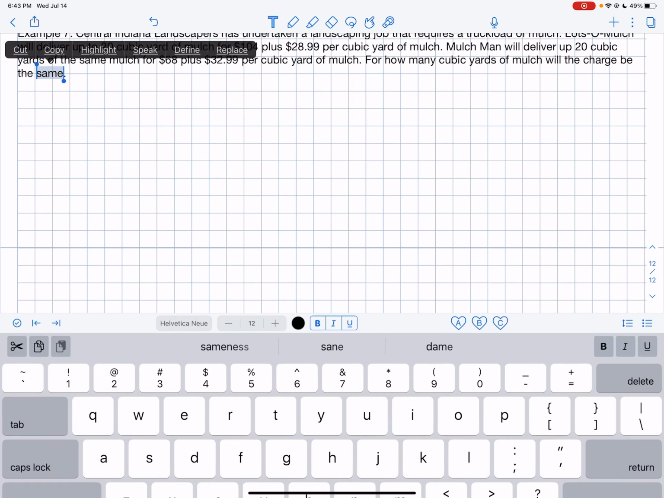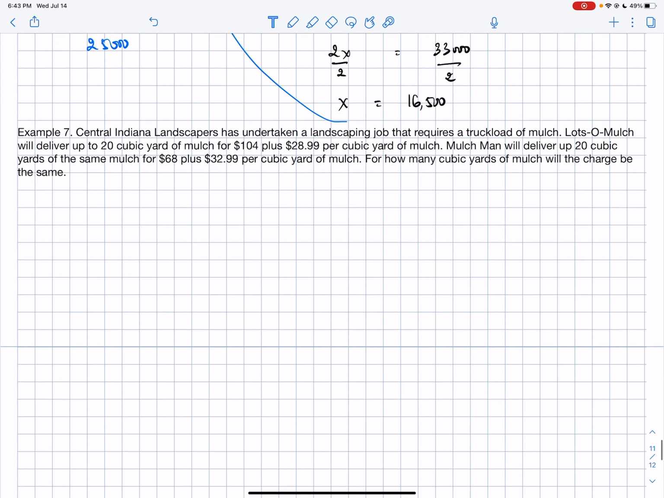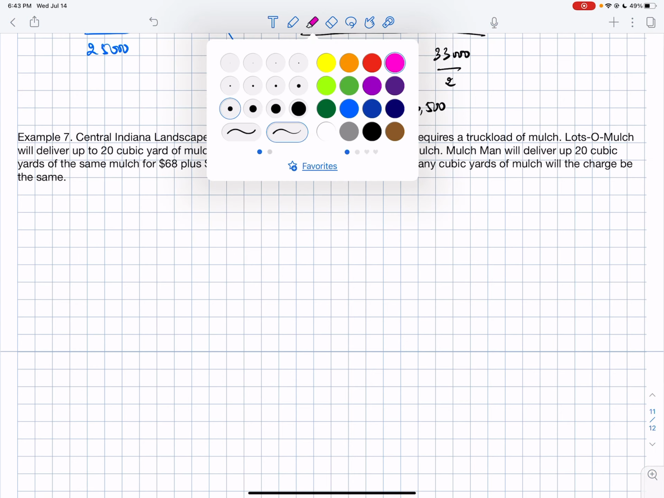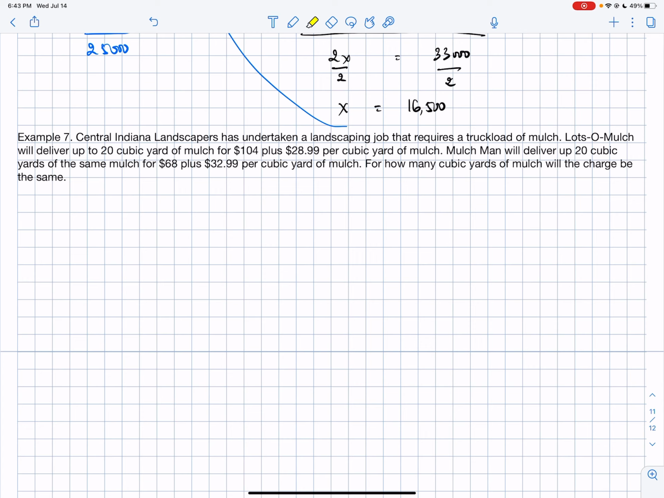Here is the meaning of this. In this problem, we have two companies. So let's look at the first one, named Lots of Mulch. They deliver up to 20 cubic yards of mulch for $104 plus $28.99 per cubic yard of mulch. For example, if we have